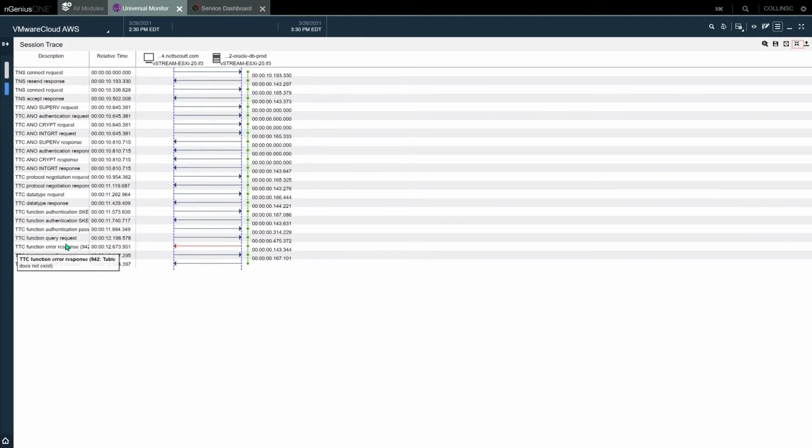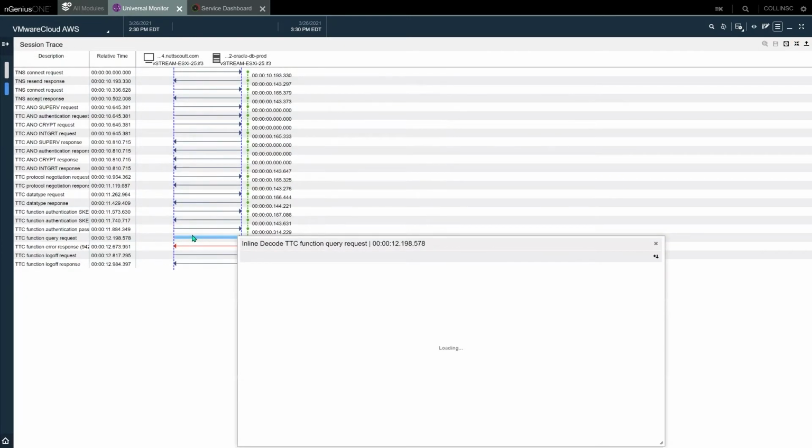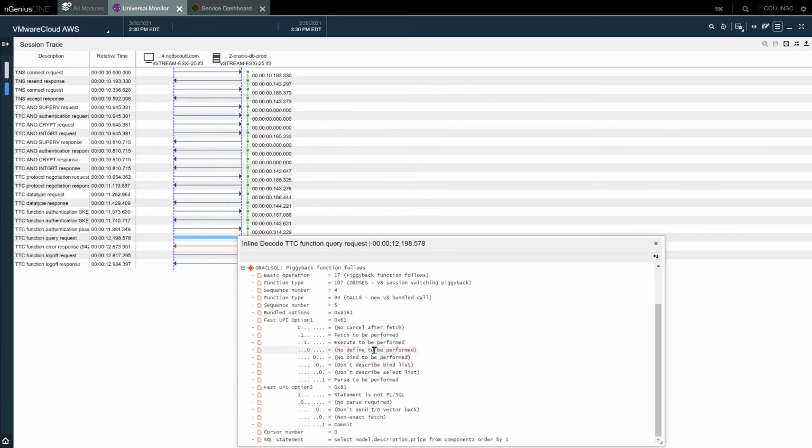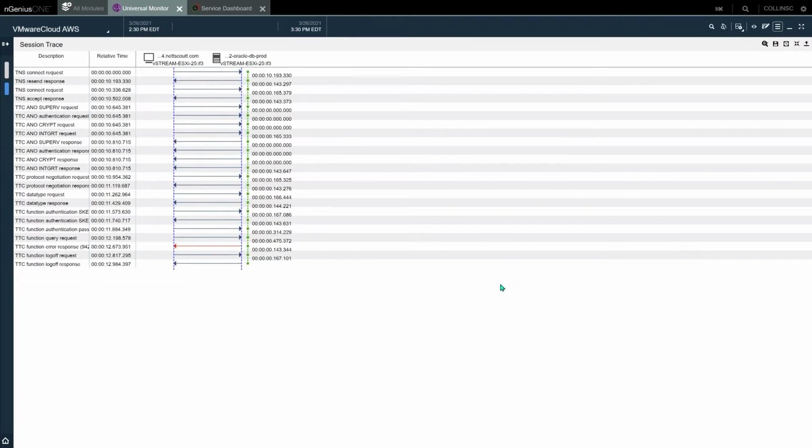So the question becomes, what table is it? So I'm going to go to the line above it because we keep everything sequentially. And now you'll be able to see the single packet of what they asked for. Select model, description, price from component Z, order by one. That's the SQL statement. So that's what's causing empty it. So apparently somebody doesn't believe it's empty, or they've got a programming methodology that's just hammering the system, which is taking up resources, which is causing slow response time, but we found it just that quickly.